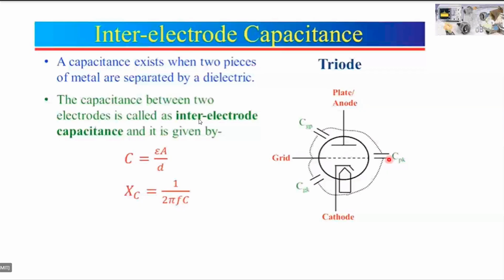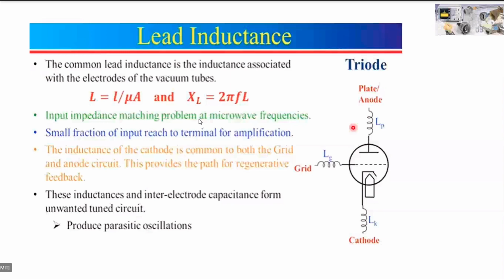Here, in the inter-electrode capacitance, you can decrease this capacitance by decreasing the distance between these two plates. But again, if you decrease the distance, the capacitance will increase. And this will increase the other effects, the transit angle effect, the short circuit problem, and again your inductance effect. So because of this, you cannot compromise on all these things. So we generally avoid using conventional tubes at microwave frequency. So these are the two reasons for not using conventional tubes at microwave frequencies.